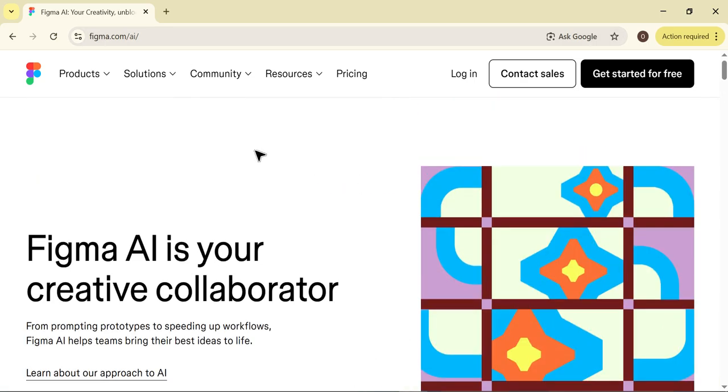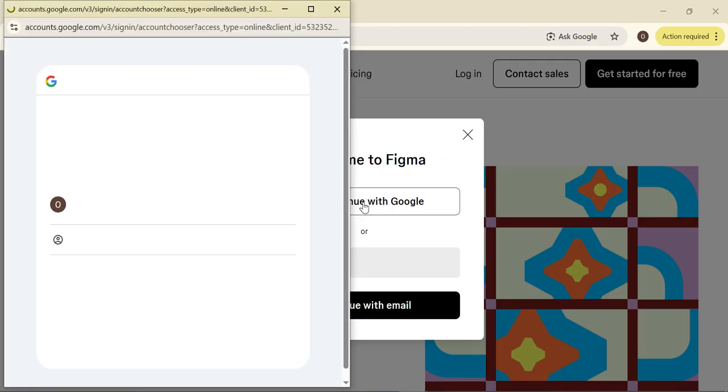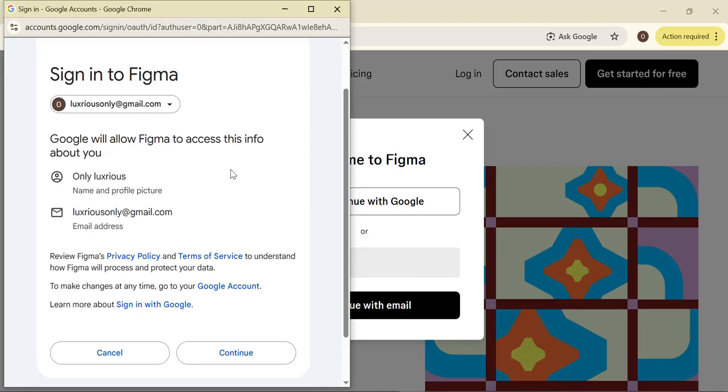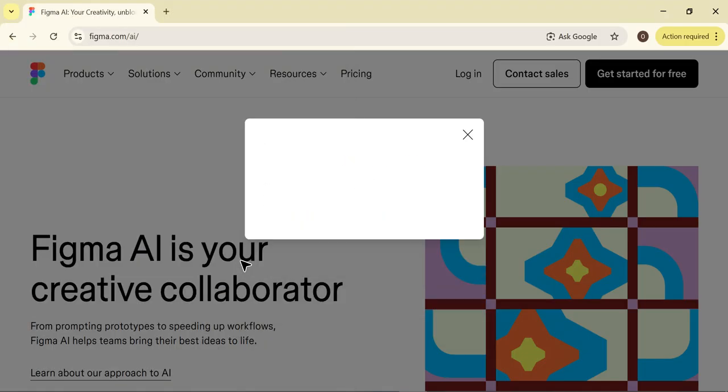So first of all, we need to create an account at Figma. I will just click on get started for free. Here I will continue with my Google account. I will connect my Google account first. Okay, so I'll select it here and give permission to access my Google account so that it can fetch all of my basic details in just a few seconds. As you can see, it has successfully fetched the details of our Gmail account, and now it will take us to the dashboard.